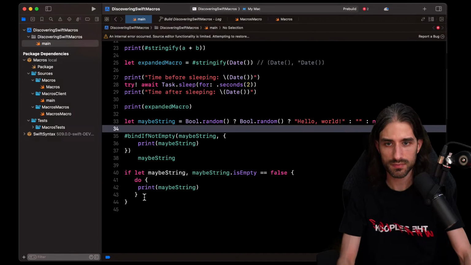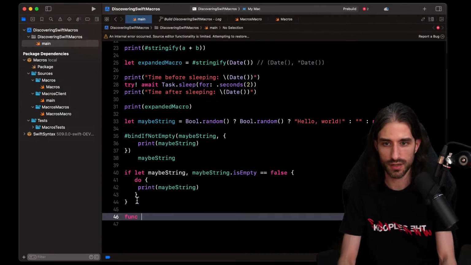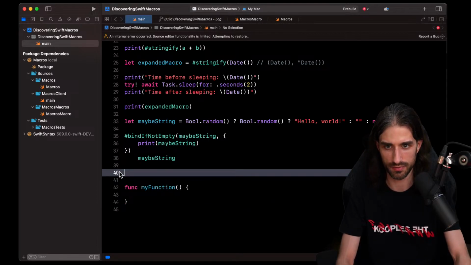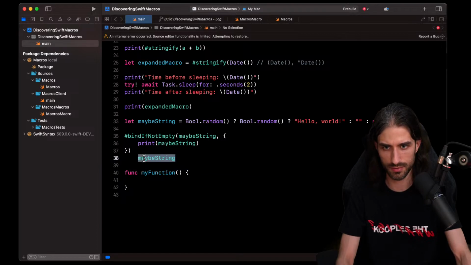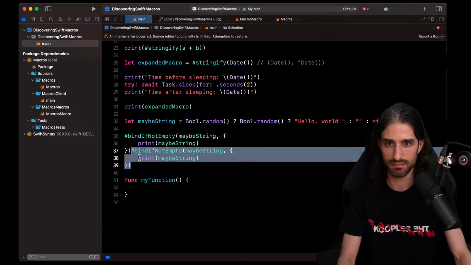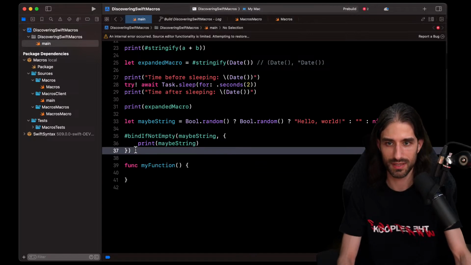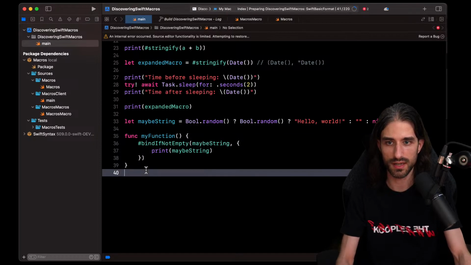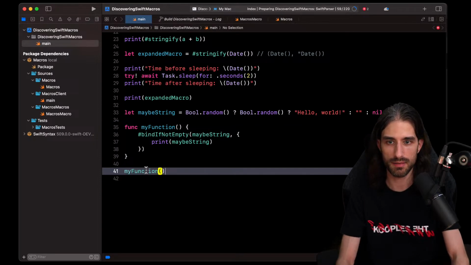Let's see. If I just create a function, my function, and I move my code inside of it, let me get rid of this also. Then I just keep, I move this here, okay, and then I just call my function.